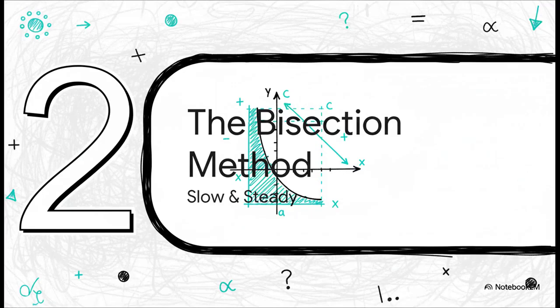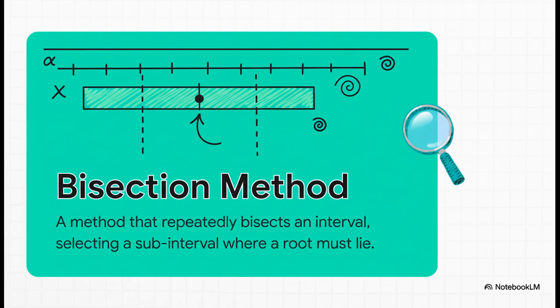Okay, let's kick things off with the most intuitive method of them all, the bisection method. Now, it's not going to win any speed contests, but it is incredibly reliable. Think of it as the tortoise in this little mathematical race. The big idea here is actually beautiful in its simplicity. You start by trapping the root inside a range, and then you just squeeze. You just keep cutting that range in half, over and over again, getting closer and closer to the real answer